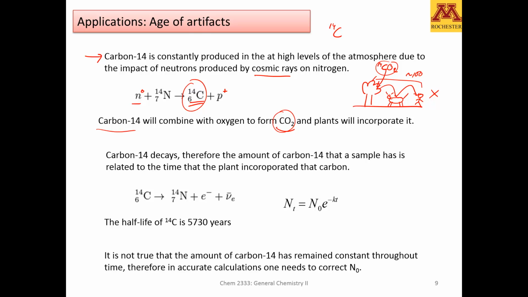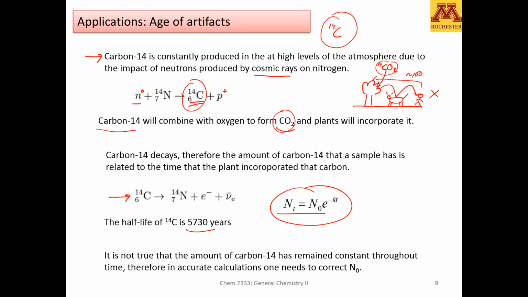So we can use the radioactive nature of carbon-14 to measure how old that species is, or how long ago that species was alive. And this is the nuclear decay of carbon-14, and it follows, like any other radioactive decay, a first-order reaction. The half-life is almost 6,000 years. It means that every 6,000 years the number of nuclei is being halved, and the equation is pretty simple,